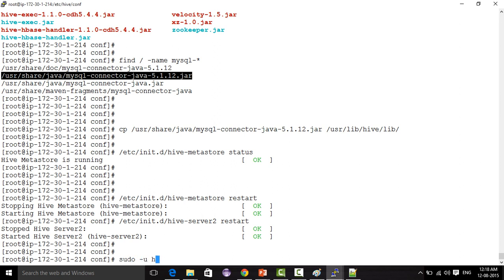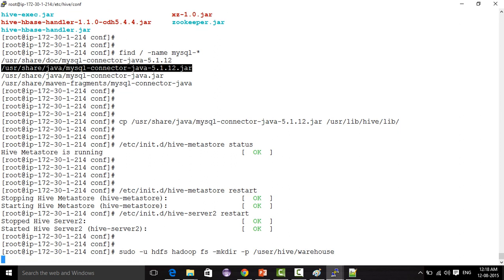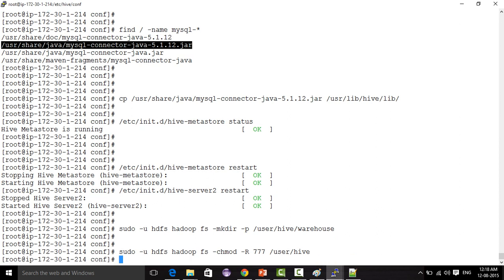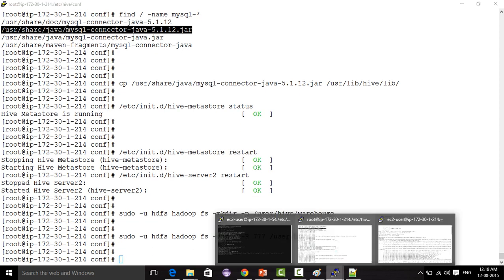So sudo -u hdfs hadoop fs -mkdir -p /user/hive/warehouse. For the warehouse directory, I'm giving hadoop fs -chmod 777 to the /user/hive directory. Now when I try from